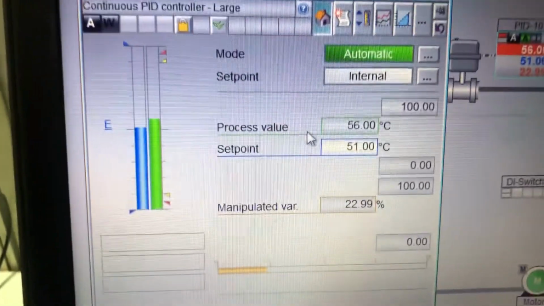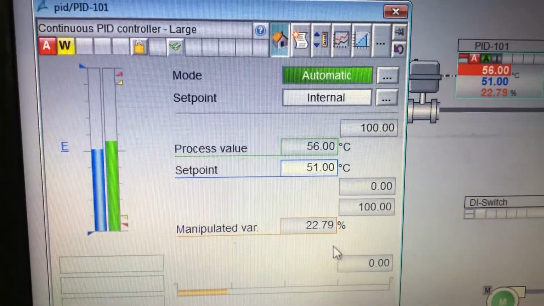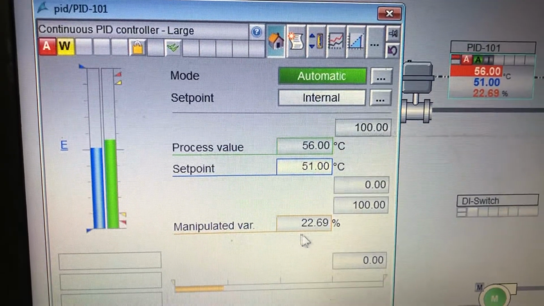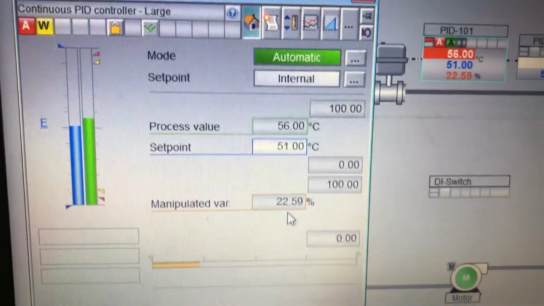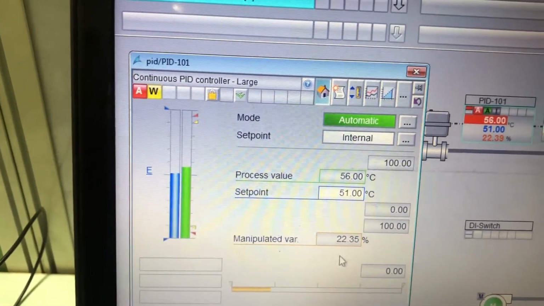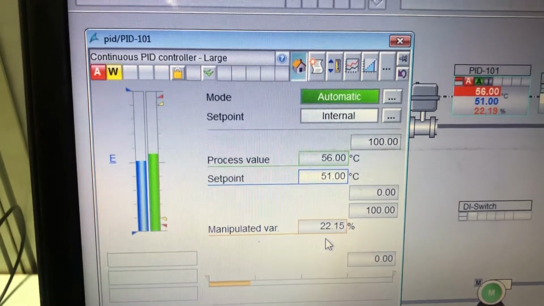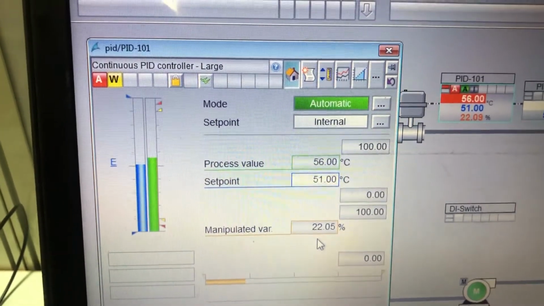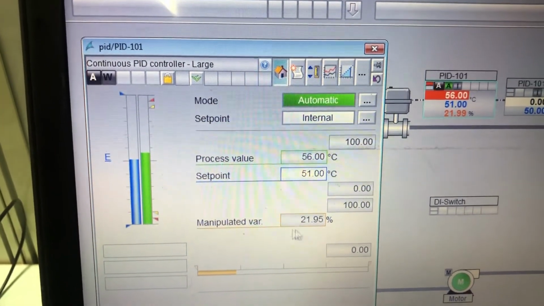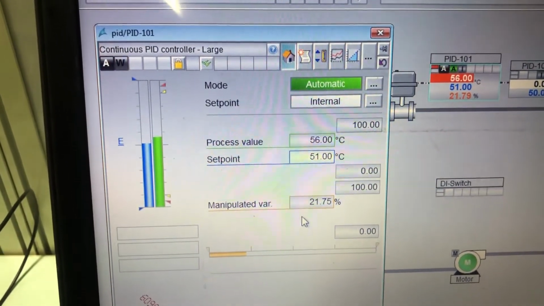and so here if you see the value, that process value is 56 and the set point is 51. So the output of that PID block, which was previously increasing the valve output, right now is decreasing the percentage output. So we'll make it exactly 51 and we'll see how it is going to stabilize the output as the process value and set point match.